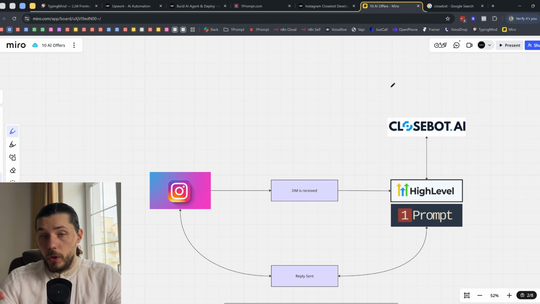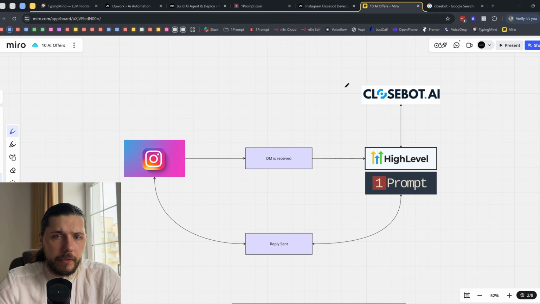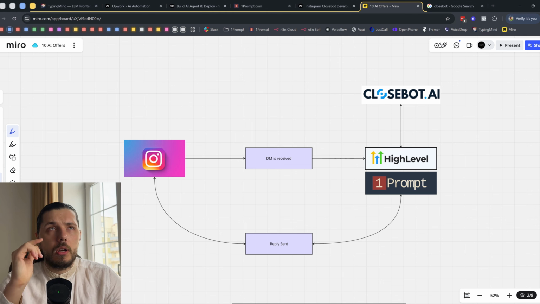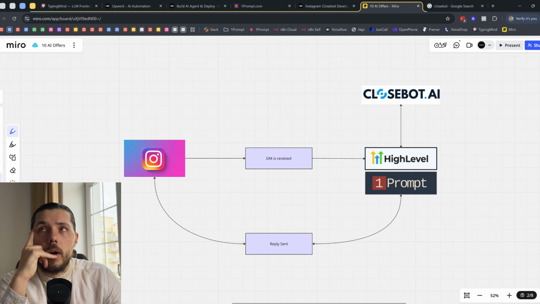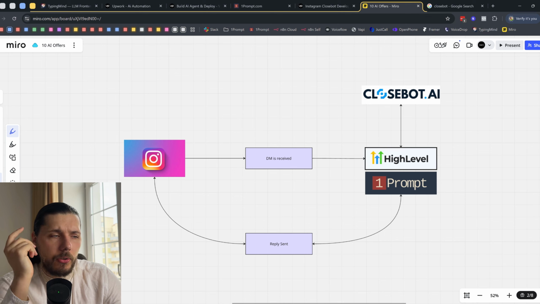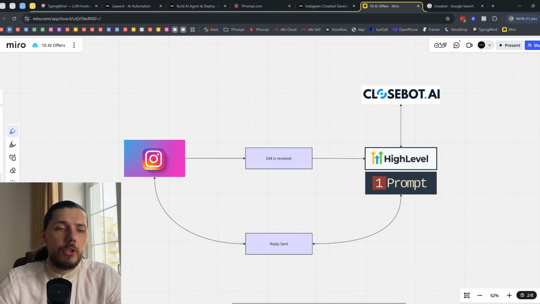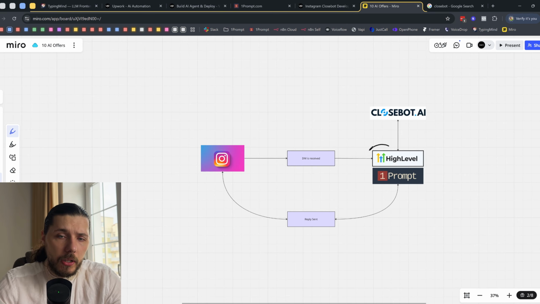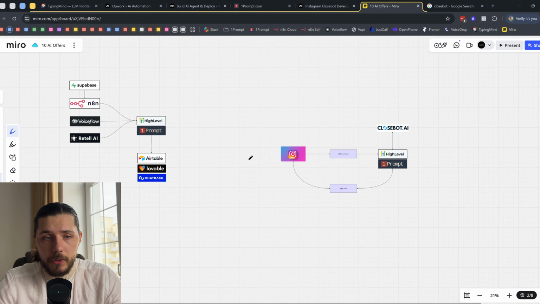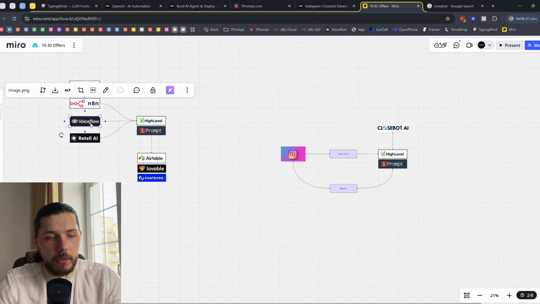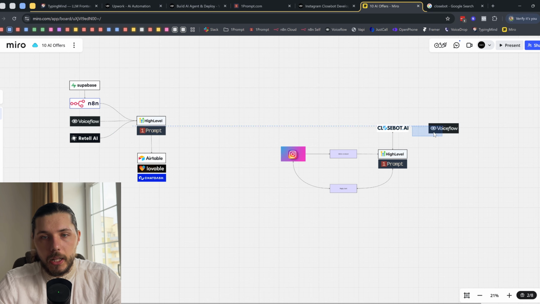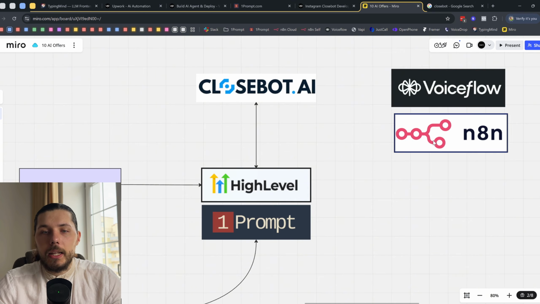So if I would apply to this job, I would say, hey guys, why are you actually looking for the CloudBot? They'll say, yeah, sure, this is what we heard. So we can say to them, hey, how about if we use HighLevel, but instead of CloudBot, we power it by Voiceflow or by N8N. I'm using N8N and Voiceflow.